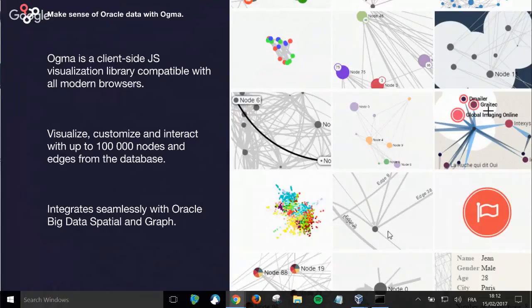For instance, they could change the style, add icons, change the color, change the font, or they could decide to customize the interaction with different layouts, with geofilters, for instance. So yeah, today Ogma integrates seamlessly with Oracle Big Data Spatial and Graph. And by combining the capacities of graph databases and analytic services with graph visualization, businesses can tackle various challenges in